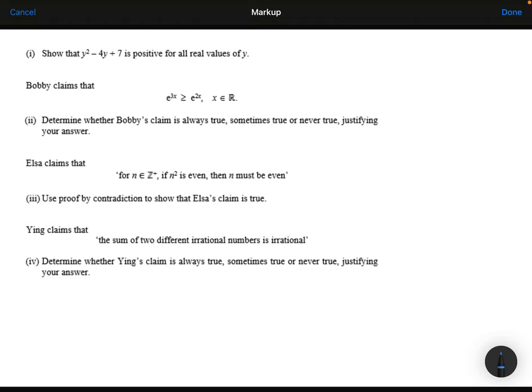Part A, show that y squared minus 4y plus 7 is positive for all real values of y. So I'm going to complete the square. So I will have y minus 2 all squared, subtract 2 squared, plus the 7, simplifying that,